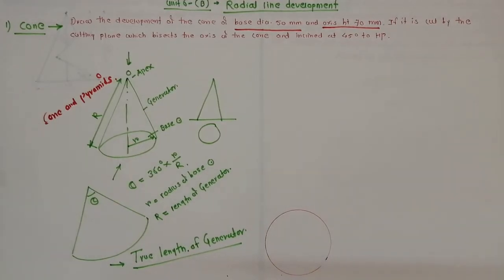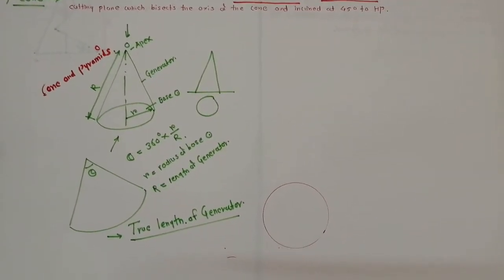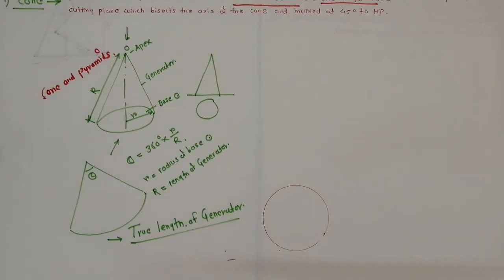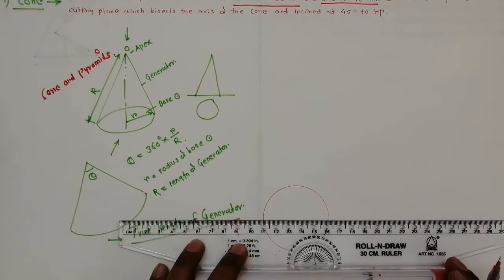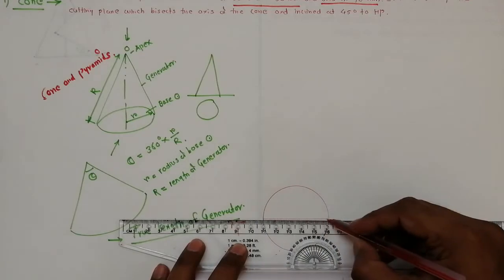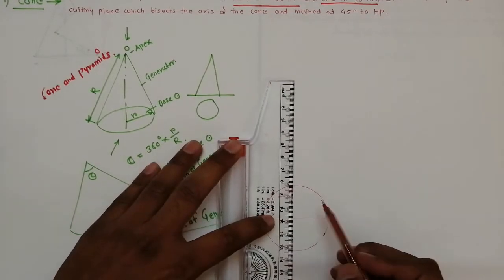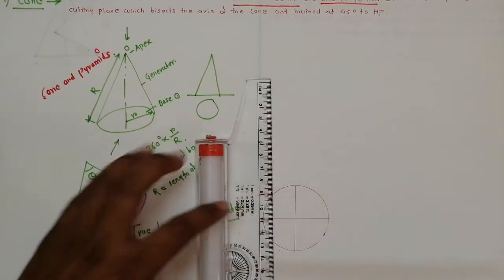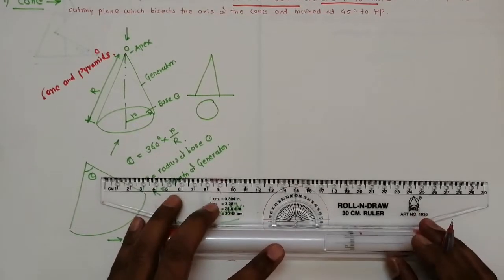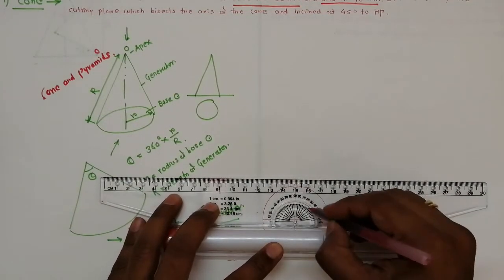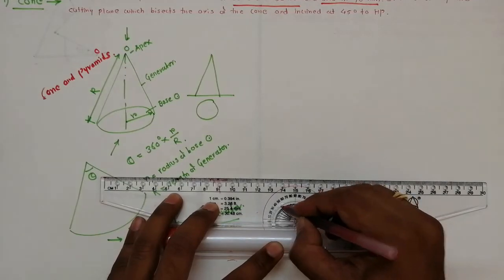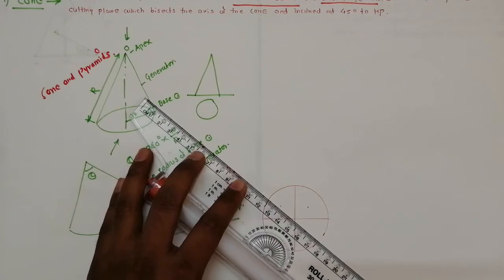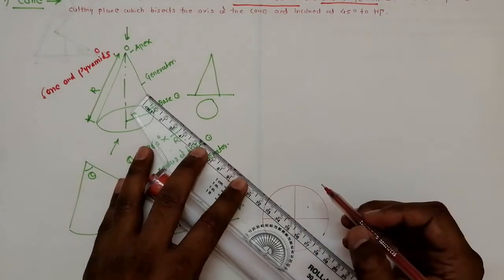Okay, so we have drawn the circle of radius 25. Now after that, I am constructing the diameters, the horizontal diameter and then the vertical diameter. Now I'm dividing the circle into 8 parts, so I'm taking here a 45-degree angle on both sides. Now divide this into 8 parts.